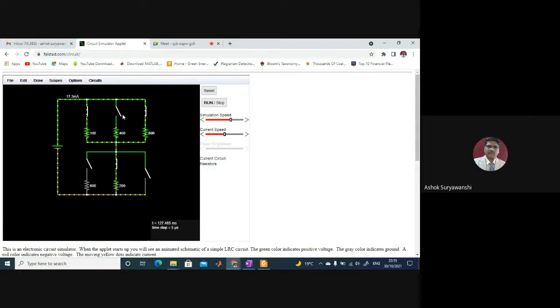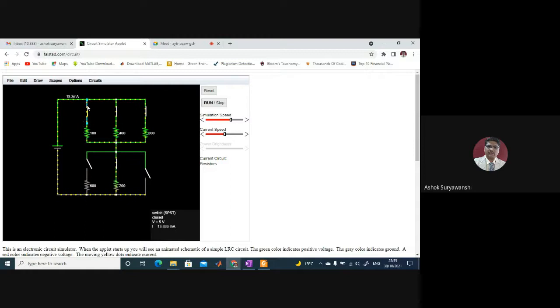Now this is open. As it is open, the current is flowing through this 100 ohm and 800 ohm. Current in the 100 ohm is faster than in the 800 because the value of the 800 is higher than 100. So maximum current will flow through the 100 and less current will flow through the 800. Now if I close this 400, just click on this one, the 400 will get closed. It means current will now start flowing through 400 also, right? So these three are in parallel.